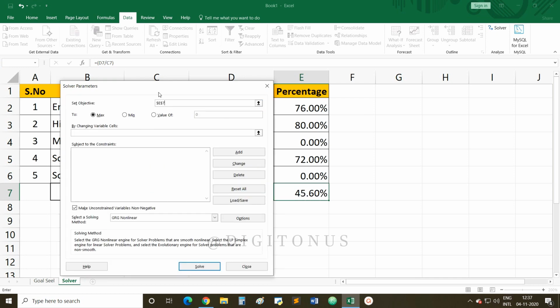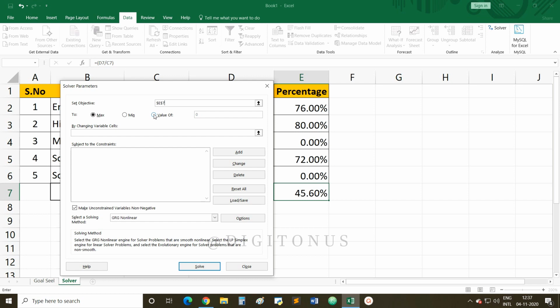Drop down. Now under this there are three options: Max, Min and Value Of. We select Value Of when we have a specific value, and right now I have a specific value, that is 80%. With Max and Min, it will automatically give you the result. Not a specific value, but it will shift your result to the maximum or to the minimum.